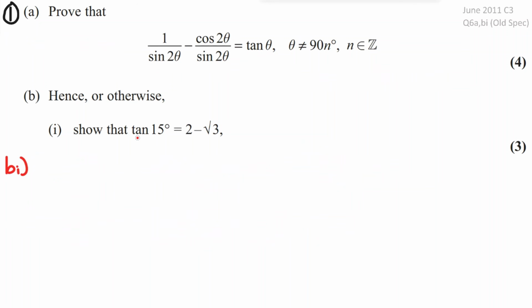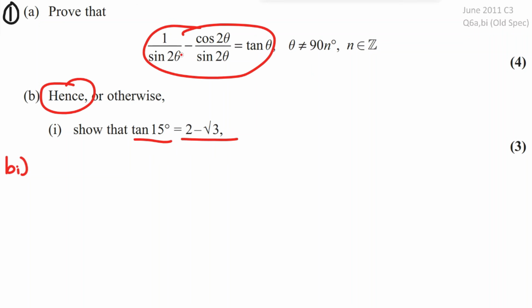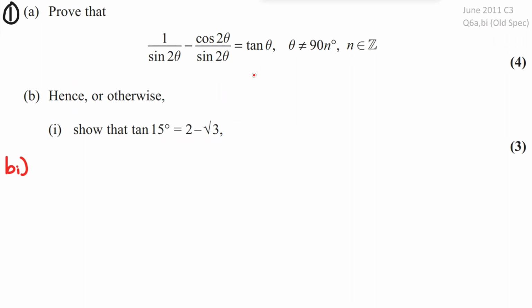So for part B, we need to show that tan of 15 degrees is equal to 2 minus root 3. Now, because it says hence, therefore, we will probably need to use this in some way. And what we can do is we can sub in 15 for theta here. So we've got tan 15 on this side, and therefore we can plug theta in on this side here. So it becomes tan of 15, and this is equal to, if you plug theta in as these values here,